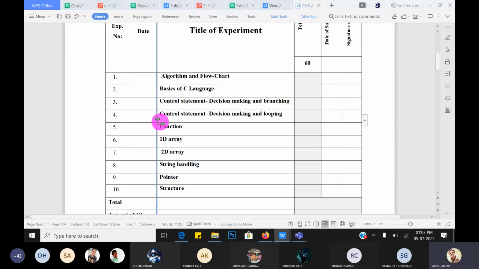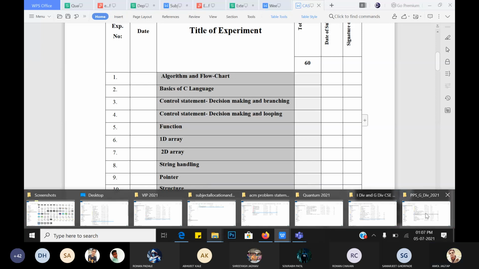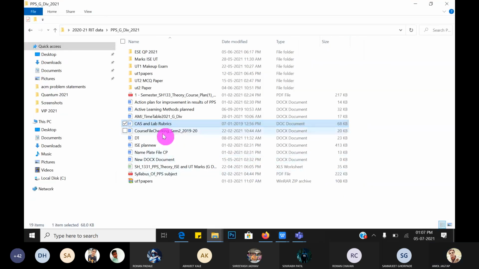In this CAS we have divided the total 6 chapters or units into 10 different experiment lists. So these are the 10 different practical lists. Then, what is the ISC plan?